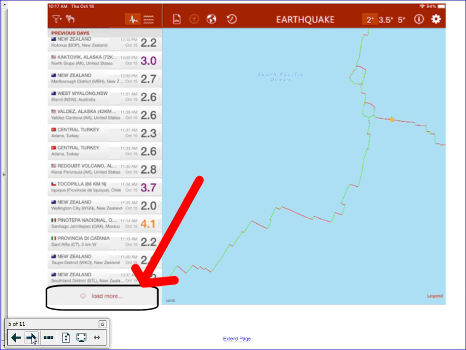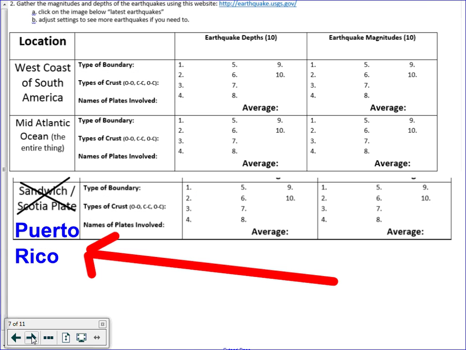For those of you who have been working, there's a few changes that we have made to the data table. The first one is we're going to get rid of the Scotia plate. So go to your data table. I'm pretty certain that this one's on the back of the page, and cross off the area that has sandwich and Scotia plate, and we're going to replace that with a different transform boundary, and we're going to use Puerto Rico. And so one more time on the back of your page, please cross off the Scotia plate and replace